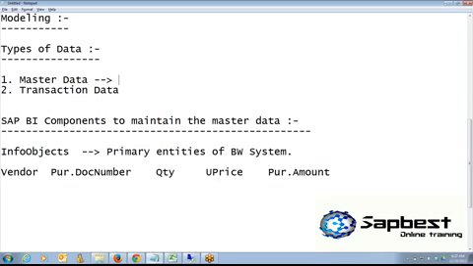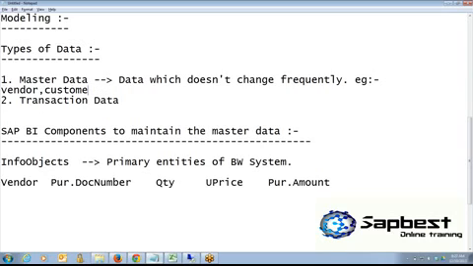Very good, correct. So within master data, basically customer, material and the vendor, right? Exactly, absolutely. So here, can I say master data is nothing but data which does not change frequently? Data which does not change frequently, that kind of data we can call a master data. And here examples will be vendor, customer,